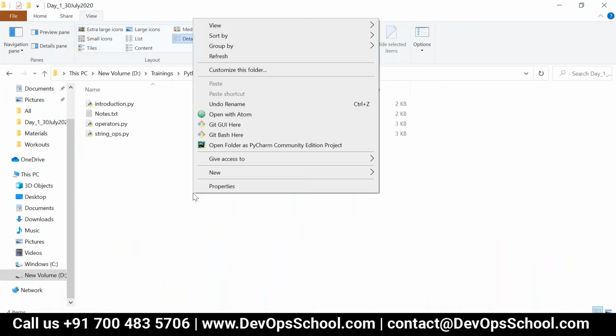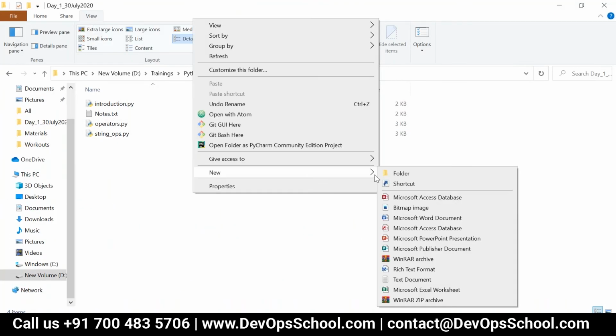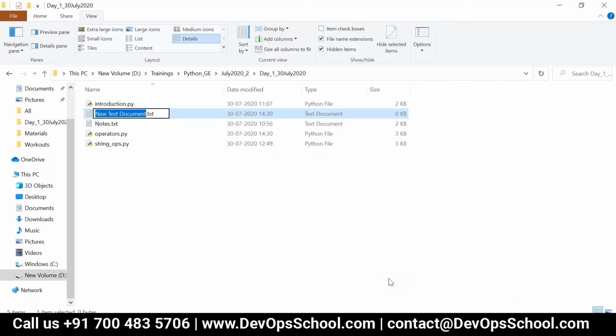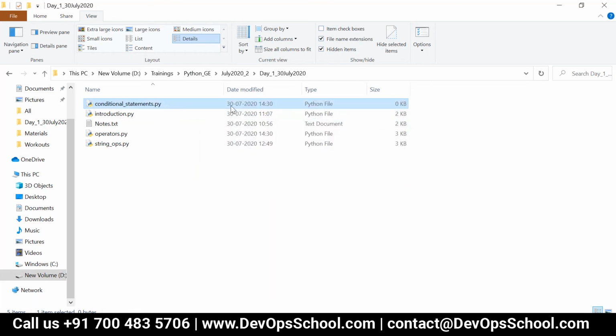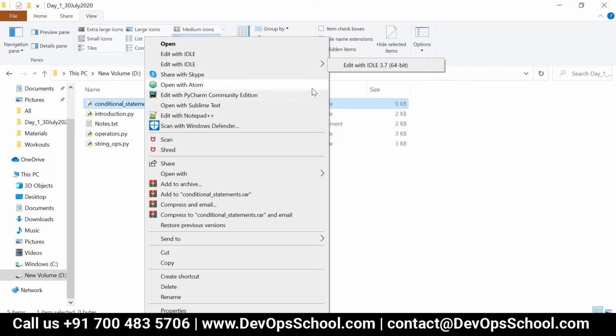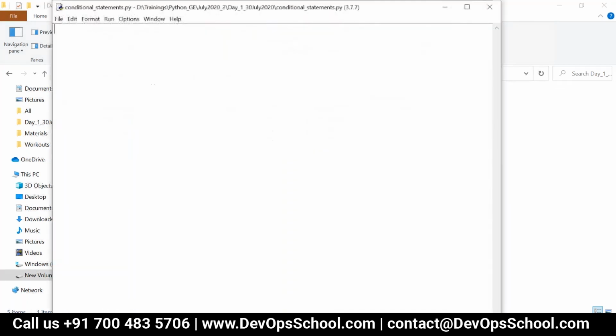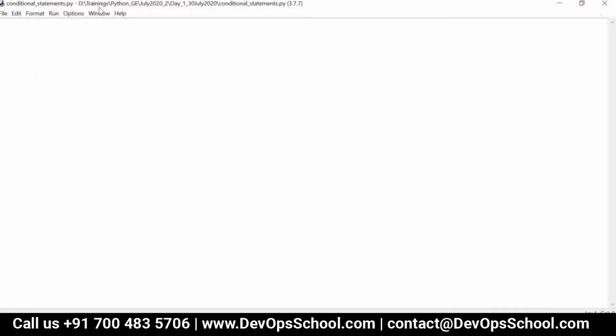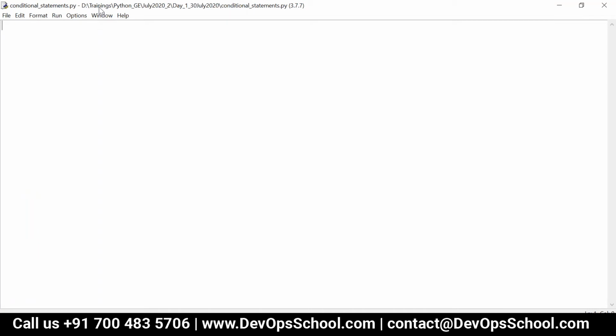Okay, and now we are going to see conditional statements. From now on, we are going to use the unique feature of Python, which is not there in other languages, which is indentation.